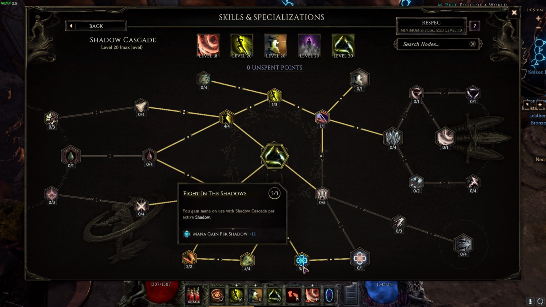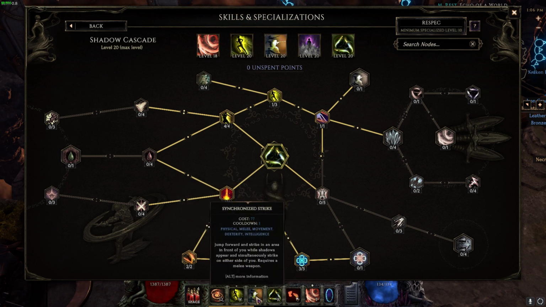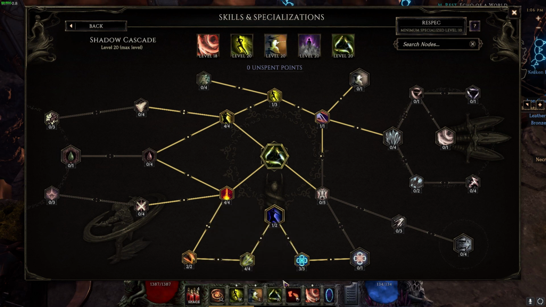And 3 points in Fight in the Shadows, so that for every shadow that you have when you use Shadow Cascade, you get 12 mana back. So if you have 5 shadows, you'll get 60 mana back just for using this skill. So if you shift, or if you have Smoke Bomb up and you create the 4 shadows with Shadow Cascade and you end up having 5, 6, or 7, you can get all of your mana back instantly. On top of that, the skill does have a 1-second cooldown, so between using that and Shadow Cascade and the couple of seconds that takes, you're going to regen some mana in the meantime,